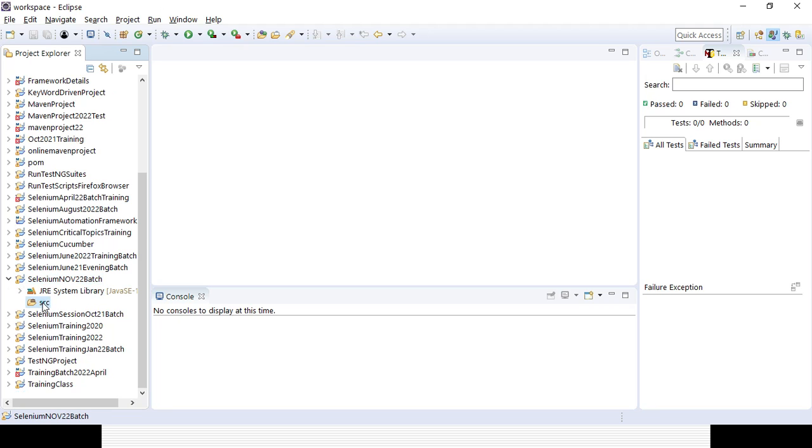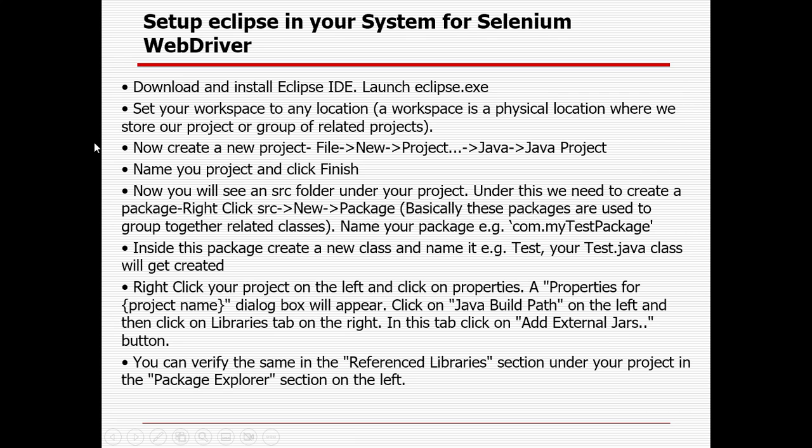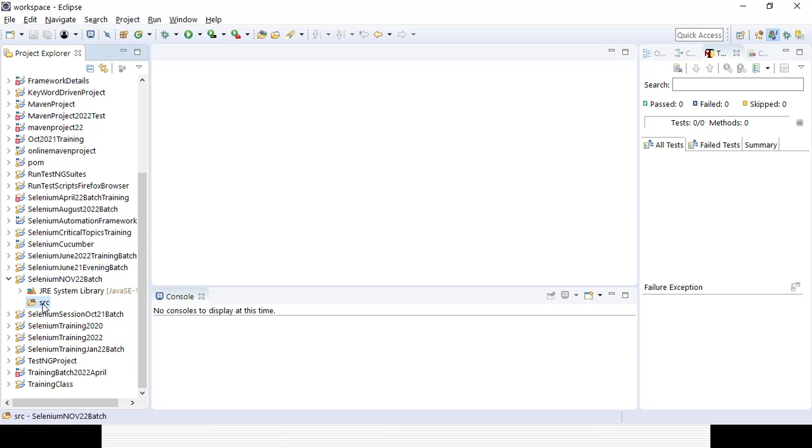After the src folder, we need to create a package, project, package, and then class. So no need to worry, I already have everything written here. Okay. So whenever you are creating the project, it should start with a capital letter, that is the format, and whenever you are creating a package, it should start with a lowercase letter. In the src folder, you right click, and then new options will come. You need to select it and create a new package.